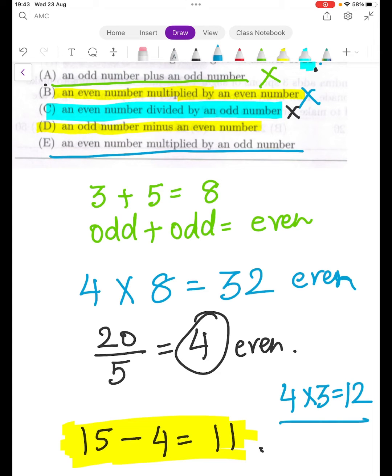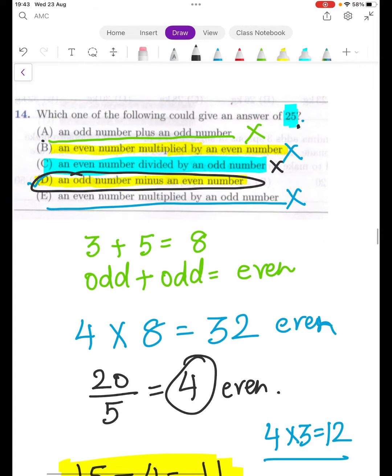Again, the answer is an even number. So this option is also not correct. So the only correct option is D. D is our answer. And actually, if you think about it, you can even work it out to get a